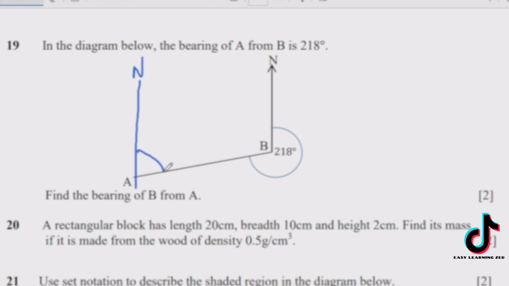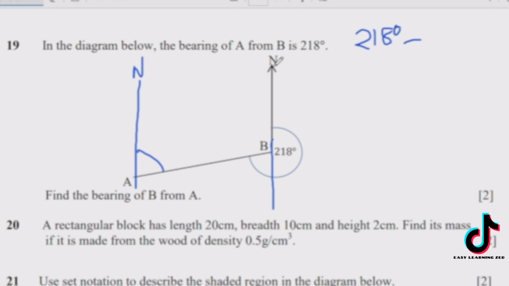To do that, we can use two methods. For the first, you can extend this line as well if you want. Then to find this angle, we use the property that alternate angles are equal. So we can come up with something like this: 218 degrees minus